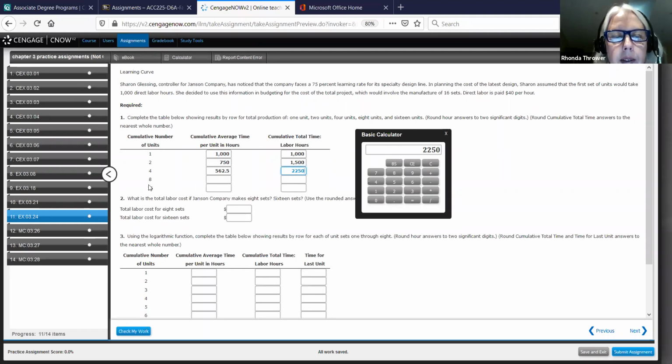Moving to the next set, the cumulative number of units is 8 this time. What we're going to do is take the previous cumulative average time per unit in hours, 562.50, and multiply that by 75%. That will give you 421 hours,